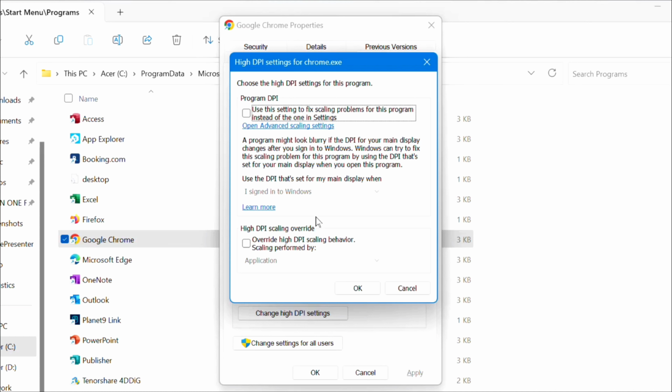And the next step ay dito lang sa kanyang Choose the high DPI settings for this program. Dito sa Program DPI, so i-check mo tong box: Use this setting to fix scaling problems for this program instead of the one in Settings. Okay, so check mo lang siya. And the next step ay dito naman sa baba ay kailangan mo na i-check tong High DPI scaling override. So check mo tong box na Override high DPI scaling behavior. Scaling performed by: